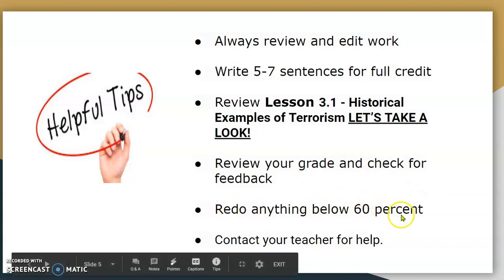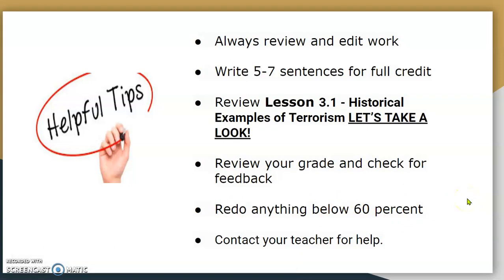Anything below a 60% you should be redoing, and that is because if you rack up enough scores below a 60%, you're more than likely not going to pass the class, and to pass any class and to be able to take the final exam, you have to have a 60% overall. Also, that is true once all your work is in. For your class to count for the month, you have to have a 60%.